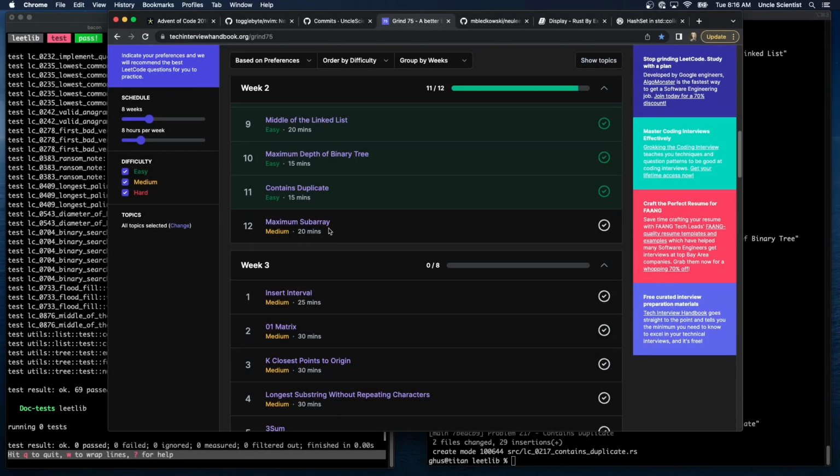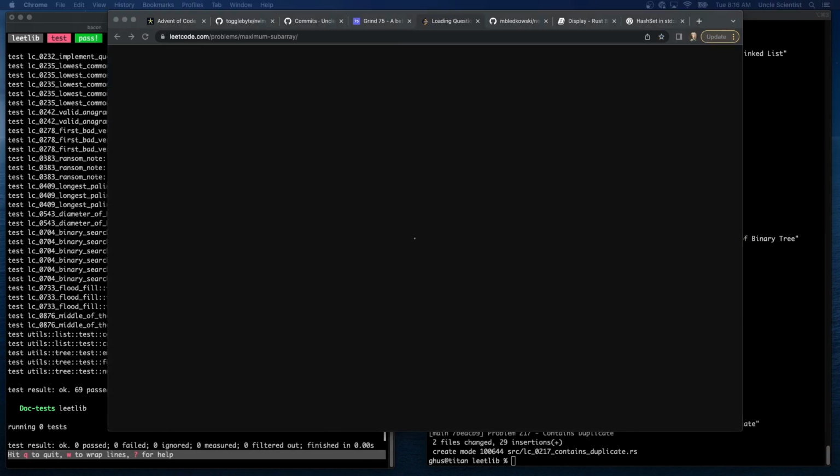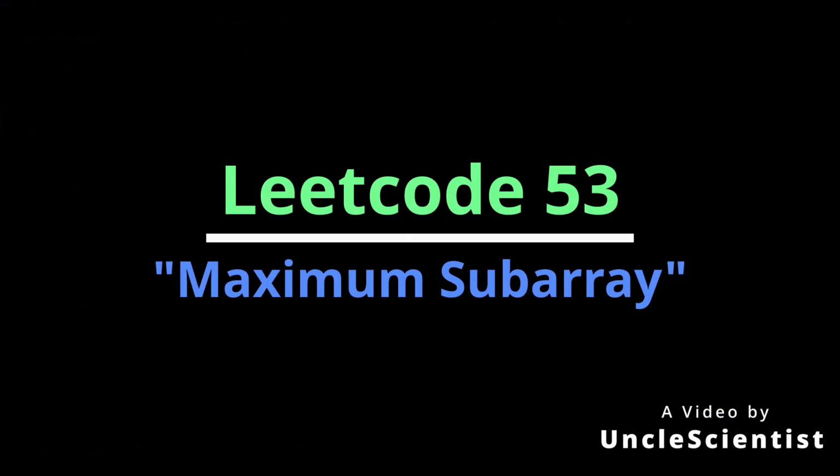Maximum subarray. Medium, 20 minutes. I definitely have 20 minutes, but sometimes the medium ones throw me for a loop. Okay. Given an integer array nums, find the contiguous subarray containing at least one number, which has the largest